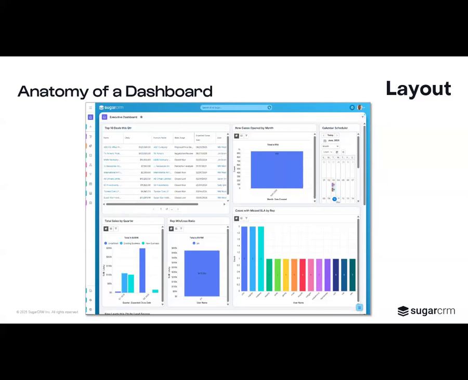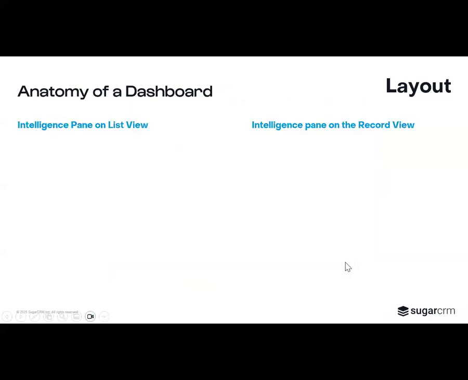But if they're different sizes, it may scoot things around on the page, move things around on the page. Okay, so we're going to also demo layout in just a minute too. So you get to see what that looks like too. So there are also dashboards, that's what they really are,